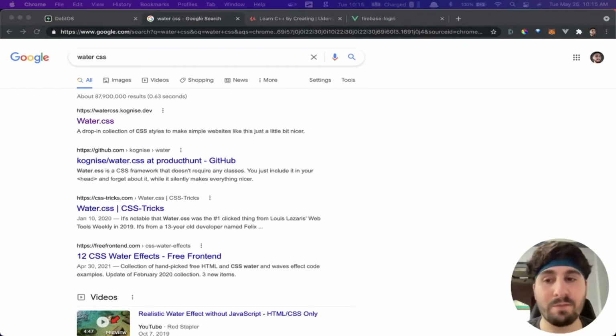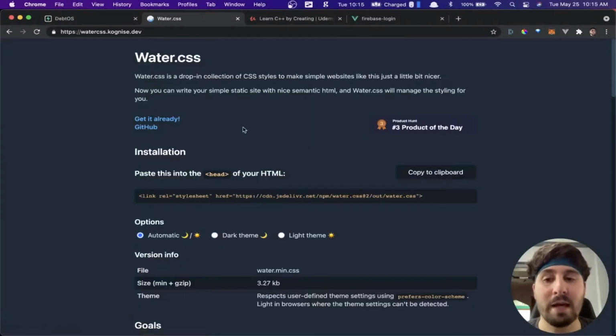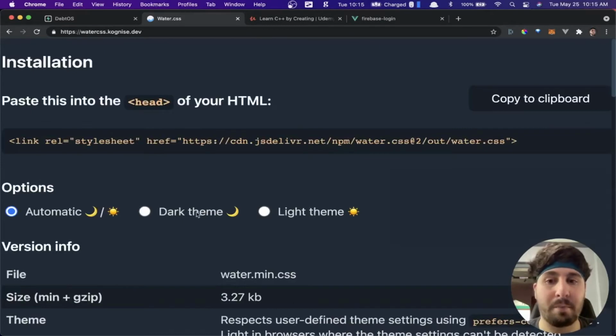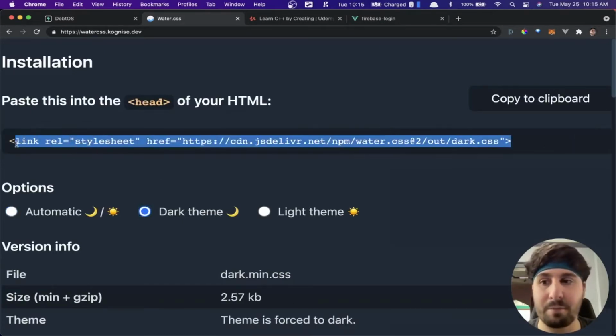Ordinarily, I like to use Vuetify, and recently I've started enjoying working with Quasar, but for now we're going to add a little bit of styling with something called Water CSS. That's because it's a classless CSS system, which I think is just incredibly cool. So if you Google search that, it'll bring you to this page. You can choose if you want the automatic theme, the dark theme, or the light theme. I'm going to choose just the dark theme because we don't know what settings people are going to have on their computer. We can copy this link right here, and then we're going to have to paste that into